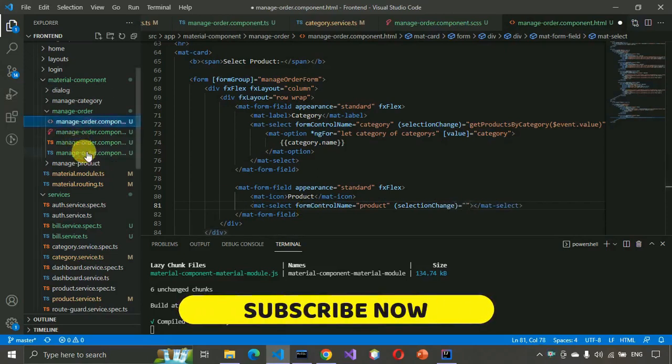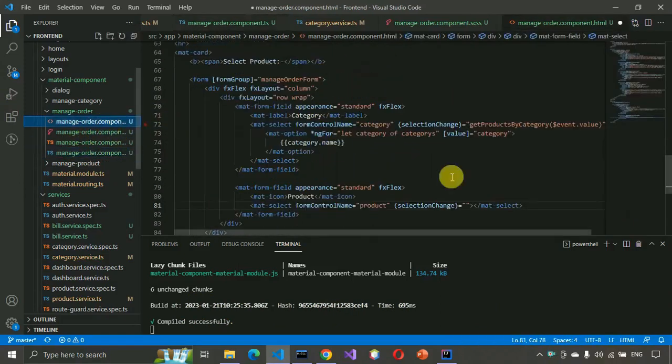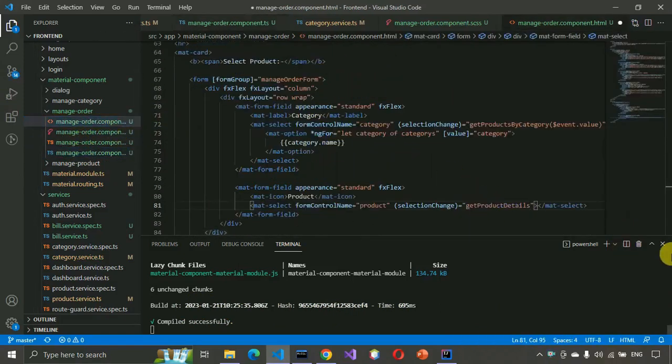So the method will be get product details, this method we need to call, and just paste the name over here, and here from event, $event dot value,